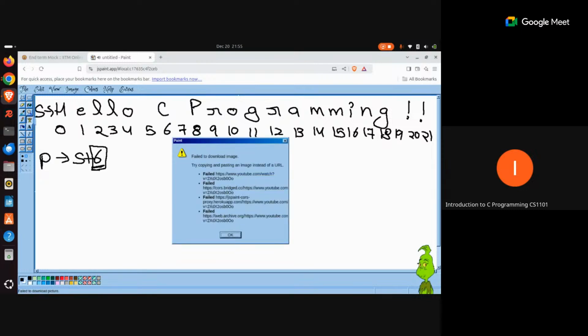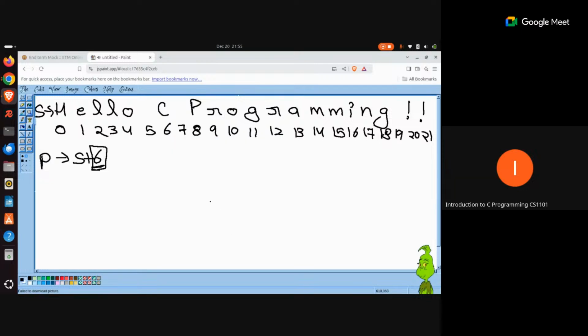That decides how many memory locations it is going to jump. Since we are dealing with characters, every character has a size of 1 byte. If you are taking a jump of 6, that means you are taking a jump of 6 multiplied by 1, which is 6 bytes only. So if S was referring to the 0th index, you are taking a jump of 6.